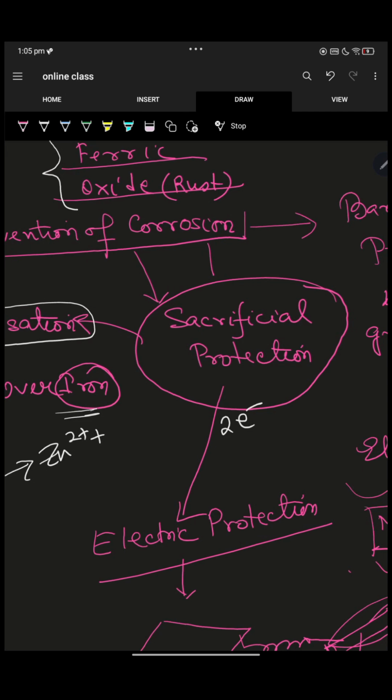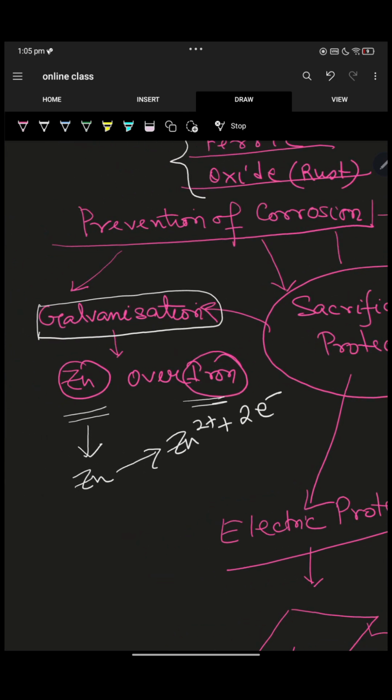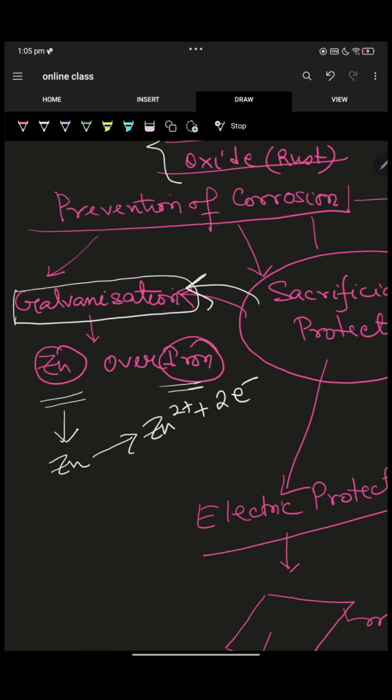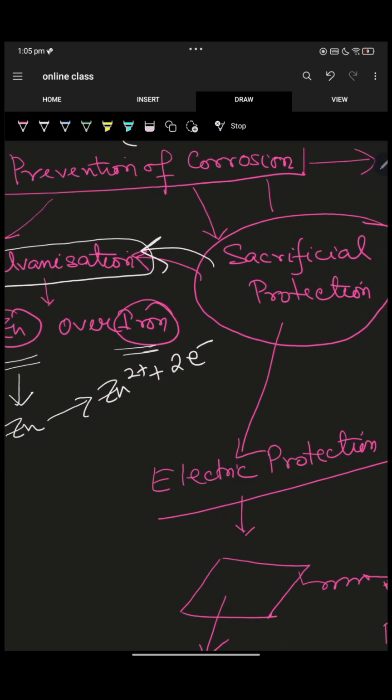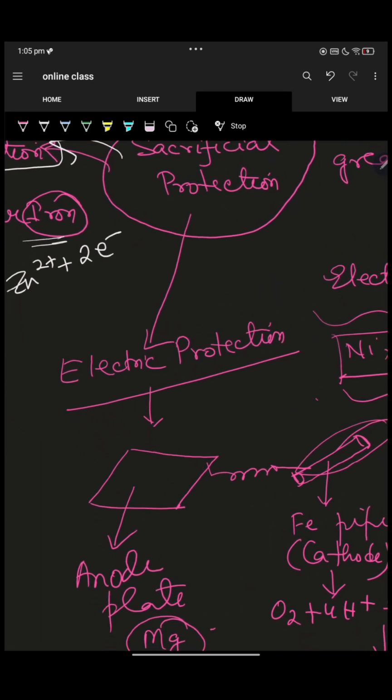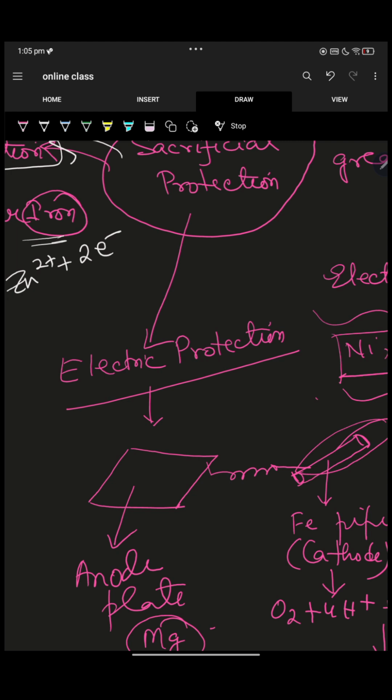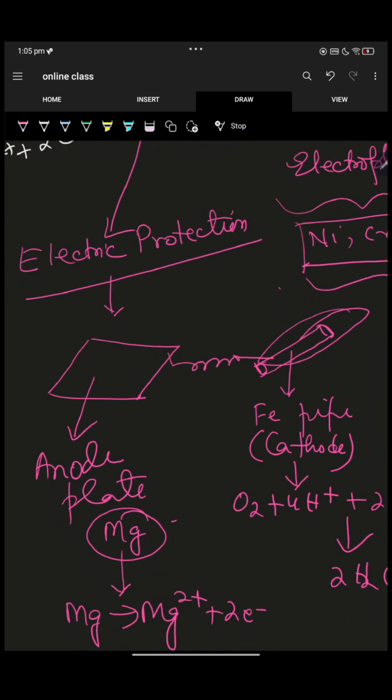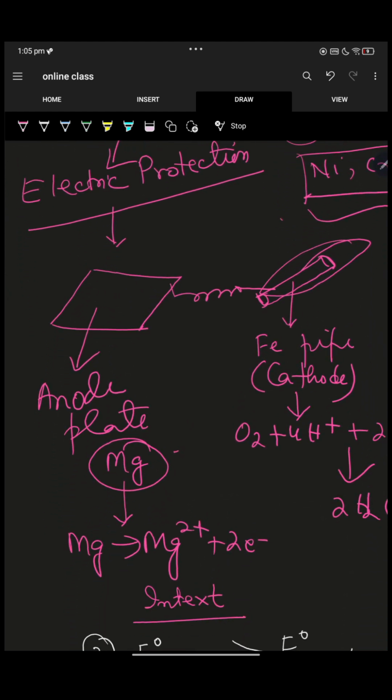And another method is sacrificial protection. Well, galvanization is again a sacrificial protection where zinc is sacrificed and gets oxidized before iron. Another sacrificial method is the electric protection, which is seen while preventing the rusting of underground water pipes,